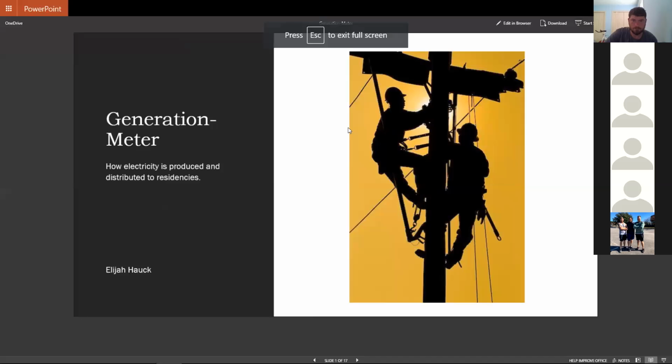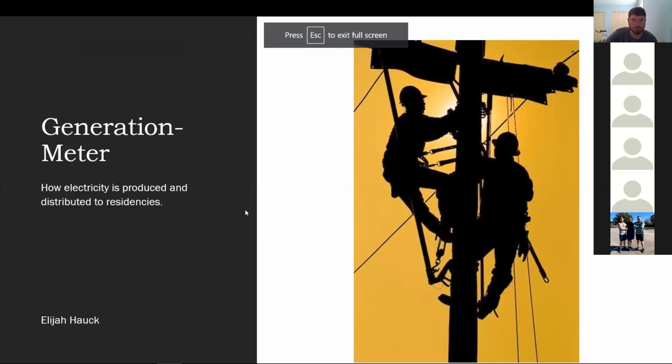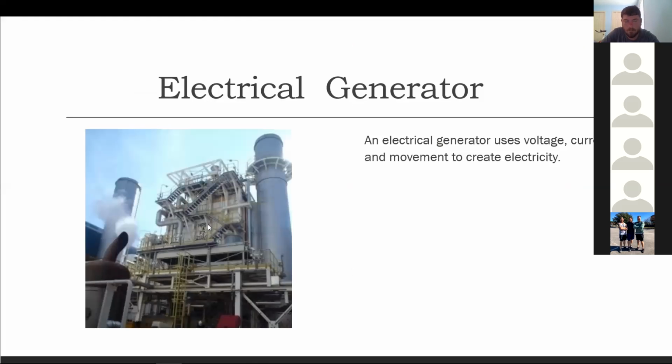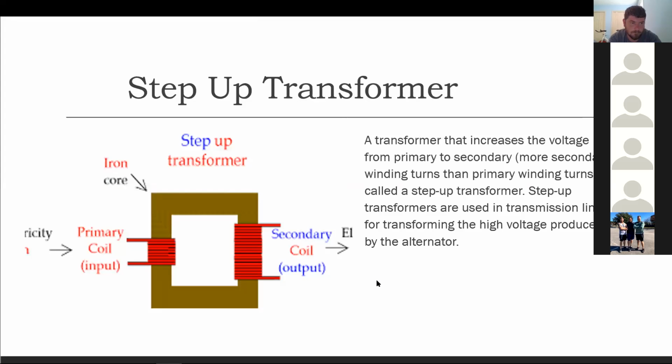And start slideshow. Okay. Generation to meter: how electricity is produced and distributed to residences. First, we start with the electrical generator, which uses voltage, current, and movement to create electricity. Correct. And then it goes to a step-up transformer, which